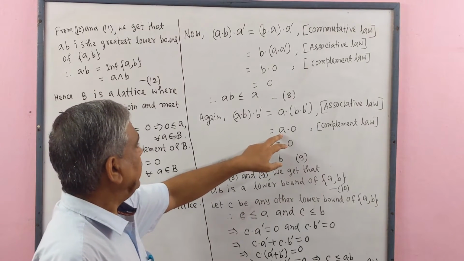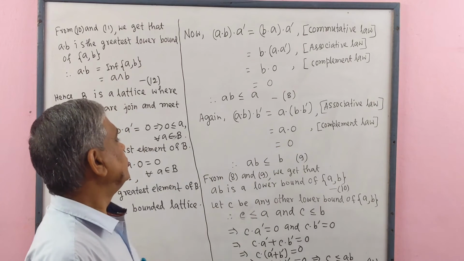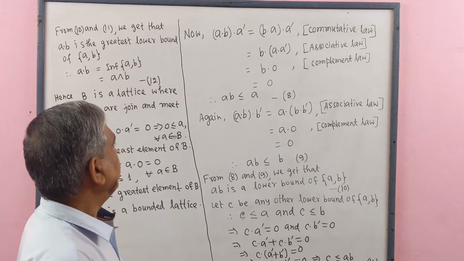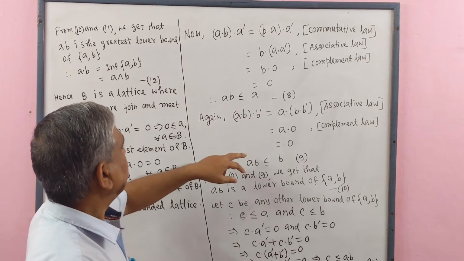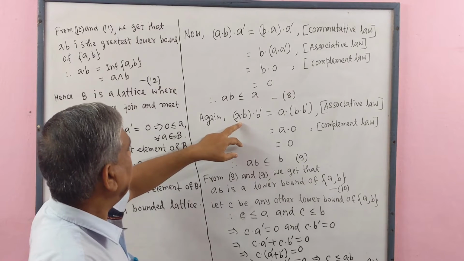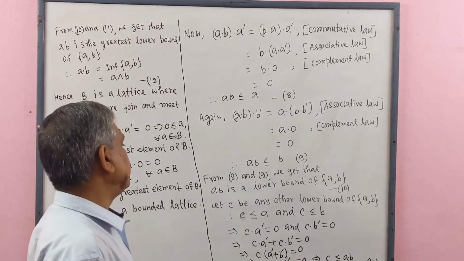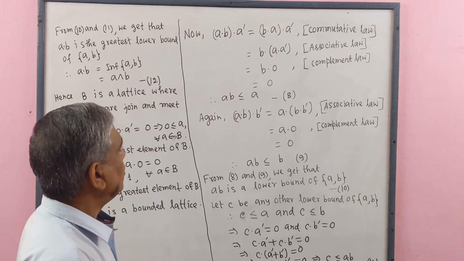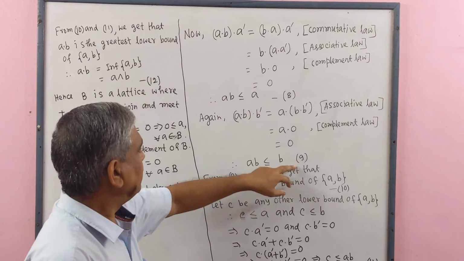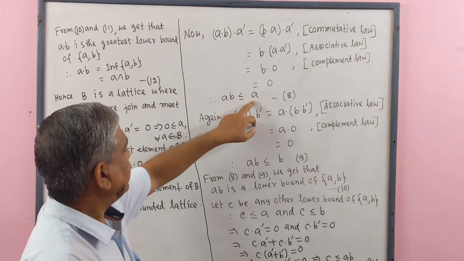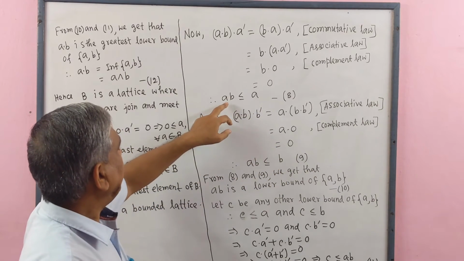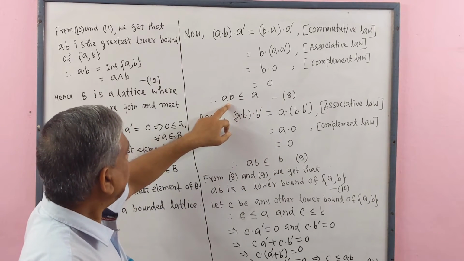This equal to A dot 0 equal to 0. Therefore using 1 we get A dot B is related to B. This is number 9. From 8 and 9 we see that A dot B is a lower bound of the